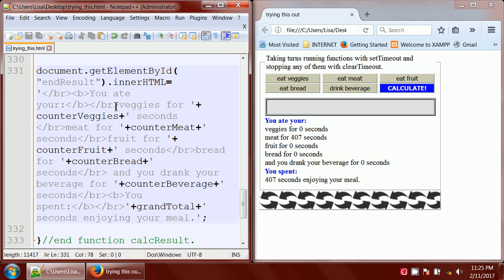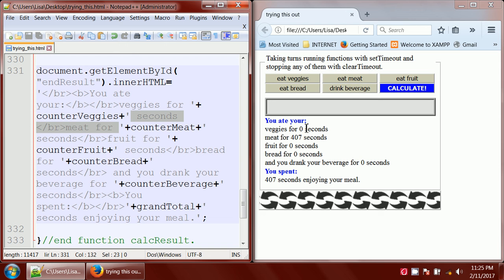And then you have another break tag, which makes you move down a line. And then you have the words "veggies for" and a space. And then you concatenate with the plus sign the variable name counterVeggies, plus, so now we're going to get whatever the number is for counterVeggies, plus we're going to add that string, a space, "seconds," so veggies for